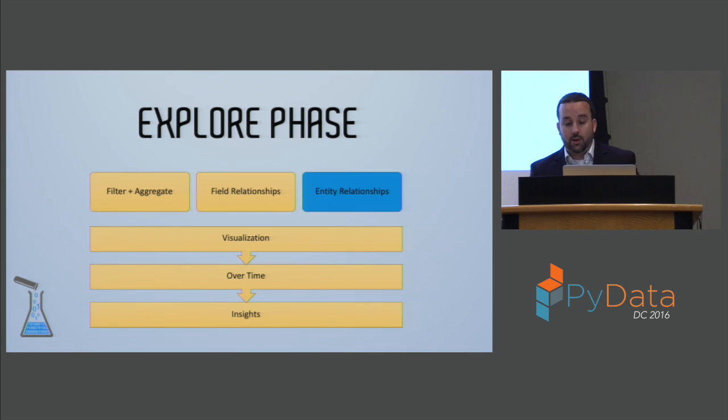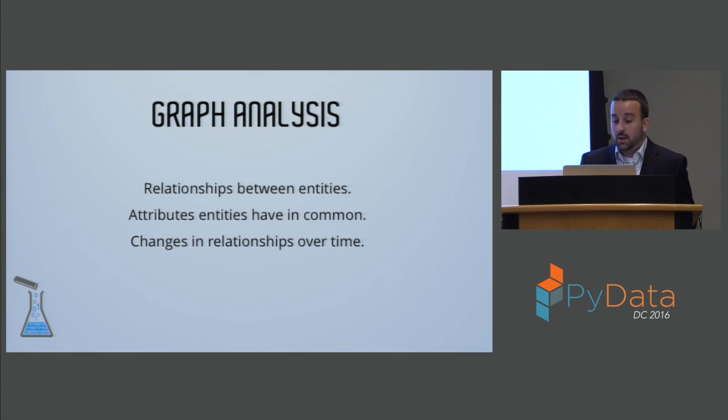All right, so the third step in our explore phase is examining relationships between entities in our data set. And the way that we're going to do that is through graph analysis. So as I said before, graph analysis is going to allow us to explore the relationships between entities, and these relationships are usually based on attributes that the entities have in common. So the entities we're going to analyze in our example here is the auto manufacturers, and in this case, the attributes that they have in common are going to be vehicles with similar attributes. So we're going to examine how the different manufacturers relate to each other and how those relationships have changed over time.